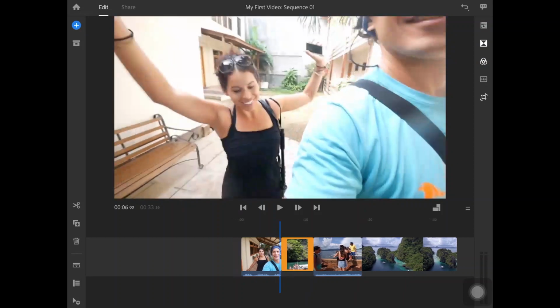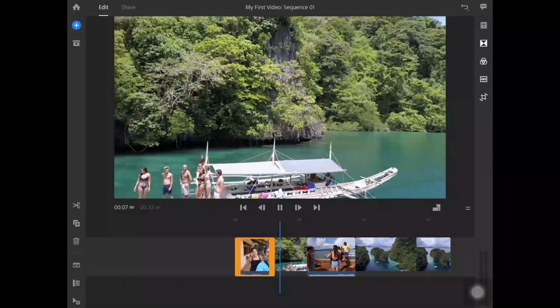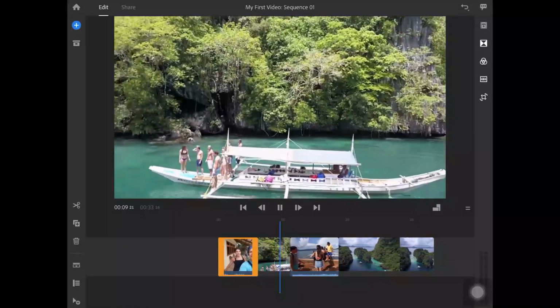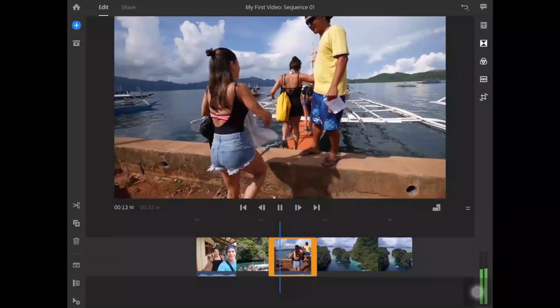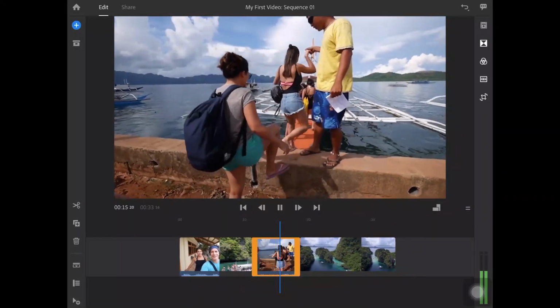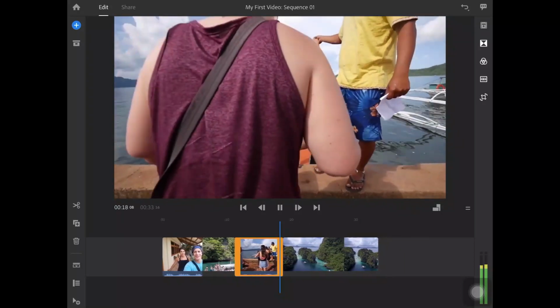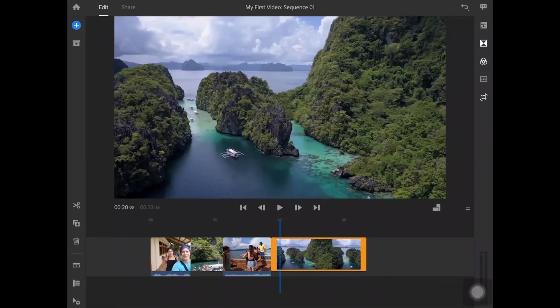Alright, so I'm playing from where the first clip ended, and this is the second clip. Okay, I like the second clip the way it is, so I'm not going to trim edit. Trim edit means we are deleting the unnecessary portions of the clip which are not necessary for our project. So I'm not doing any trim edit for this part. Let me jump to the third one and see. Alright, and the third one ended. I'm not trimming that one either.